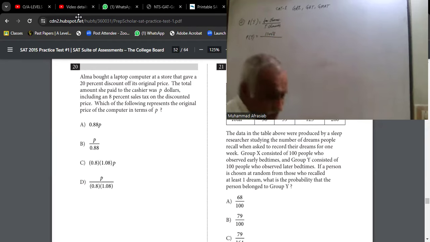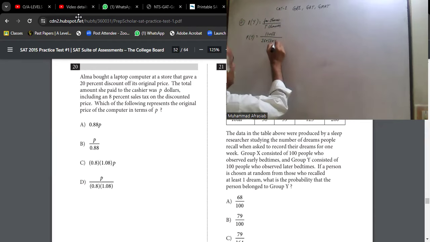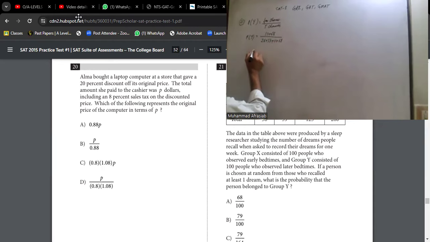And from this, the total number of chances, there are X and Y. So for X, there is 28 plus 57 plus 11 plus 68. So this answer will be equal to 79 over 164. So the answer is this.